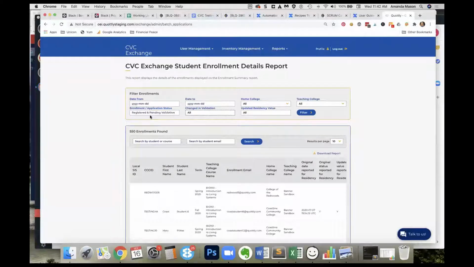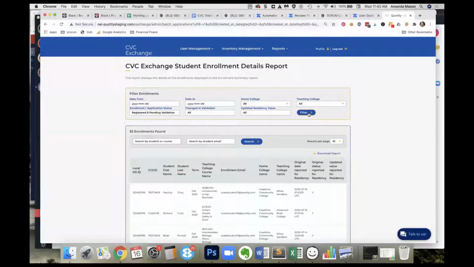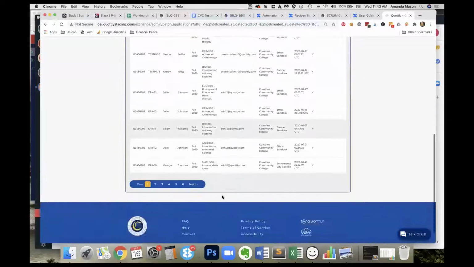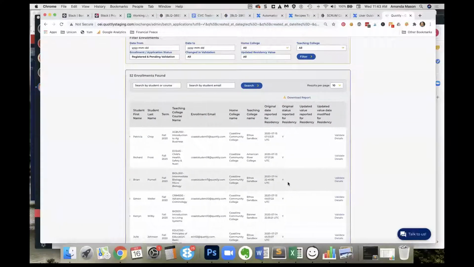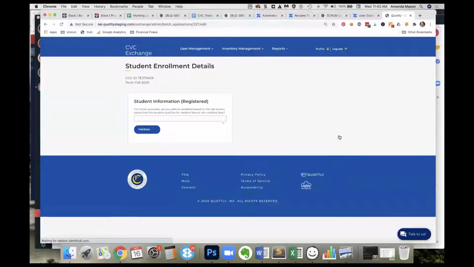So once you get those filters in place, click on the Filter tab. Now, what happens here is that your table updates below, and you've got all of these listed here. If you scroll over to the right, in this report only, you're going to see a link that says Validate. And if you click on that Validate link, it's going to show you the CCC ID for the student